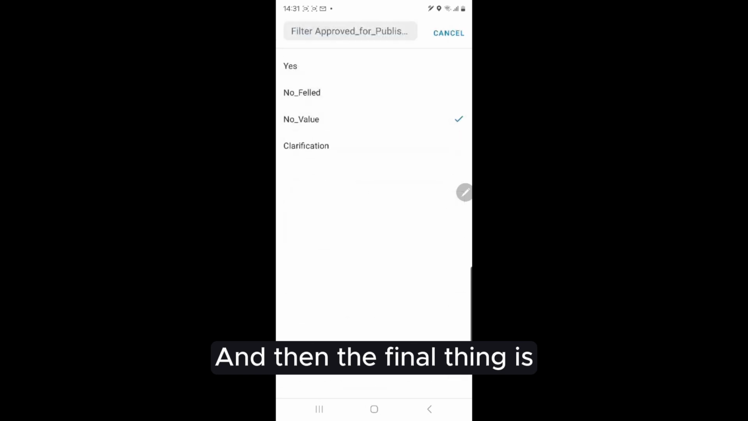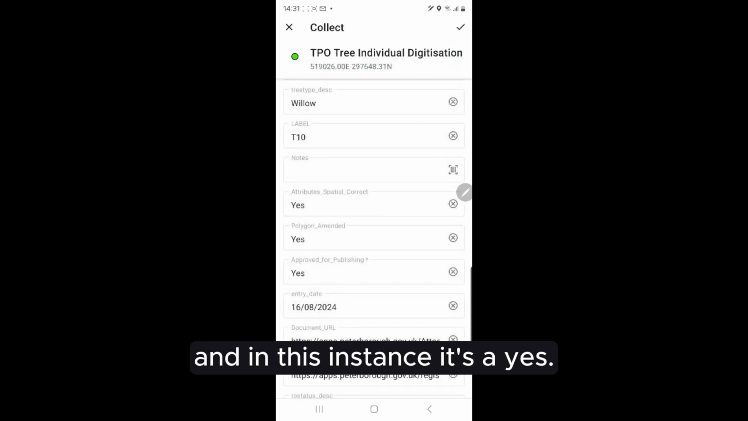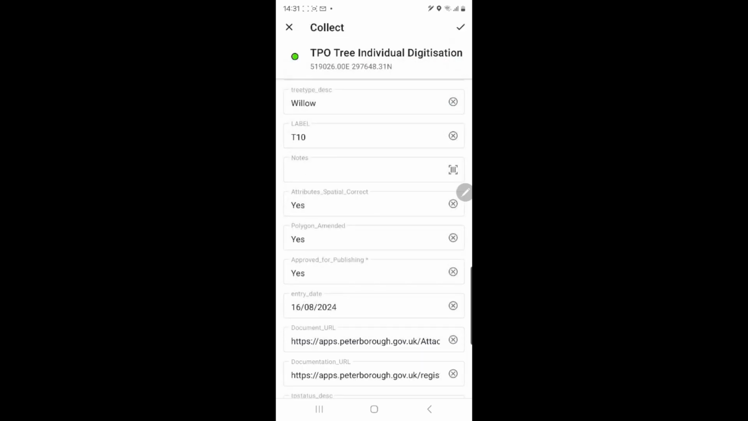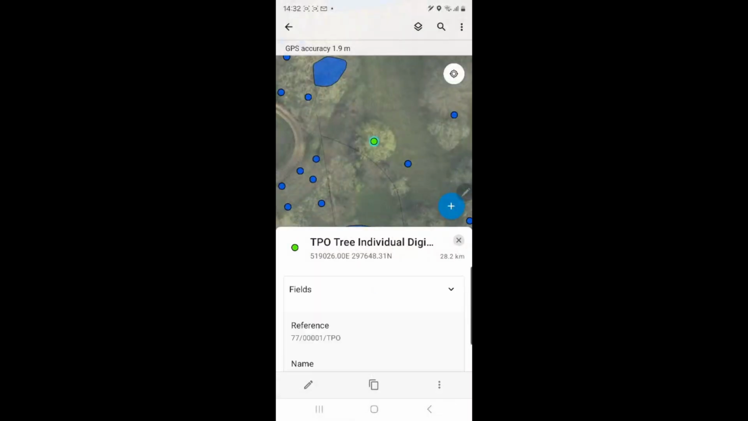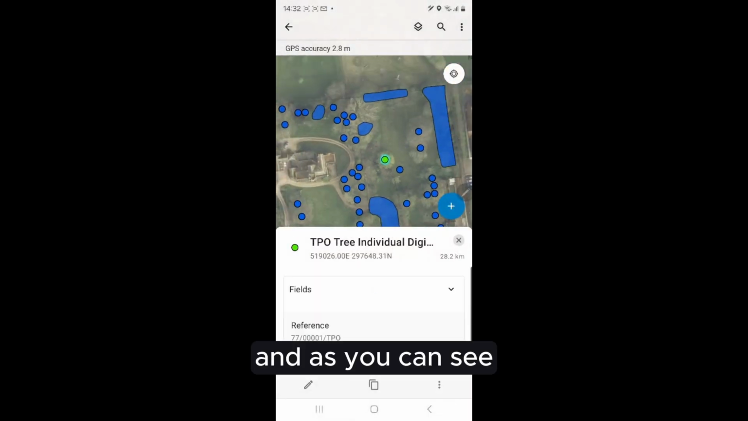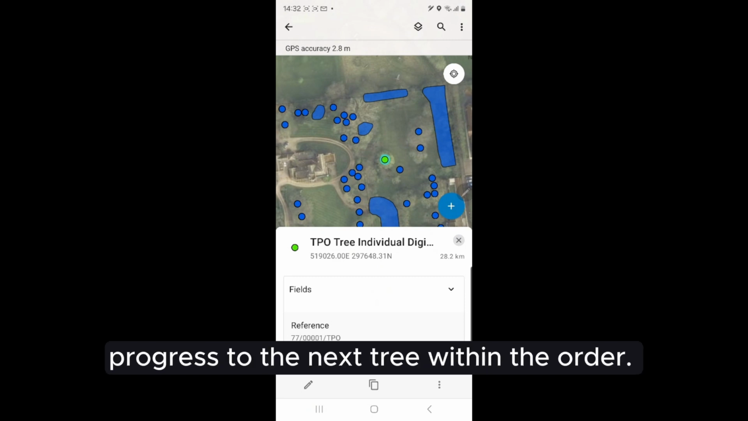And then the final thing is whether this data is then suitable for publishing, and in this instance it's a yes, and we then accept that data. And as you can see, that tree then turns to green, and we can then progress to the next tree